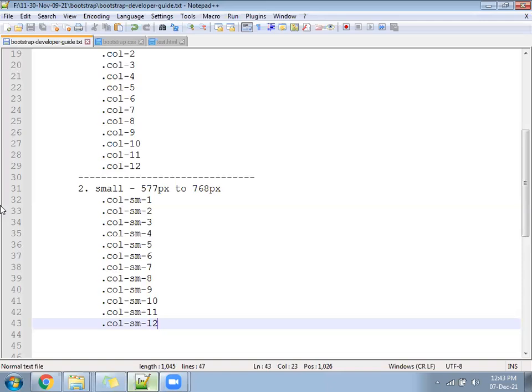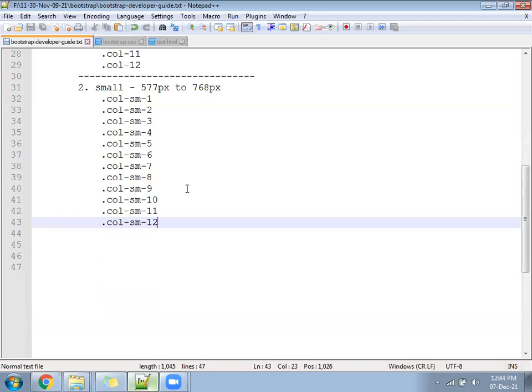Clear? So how many class names are in the list? 24 classes. There is nothing to remember in that: col-1 to col-12, and here col-sm-1 to col-sm-12. sm is for small. Go next.